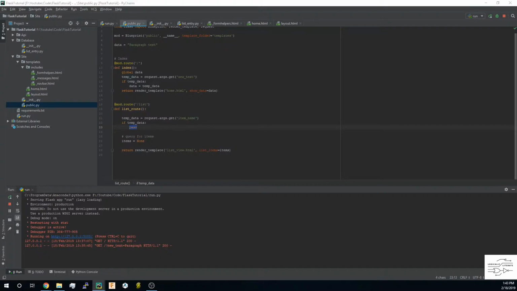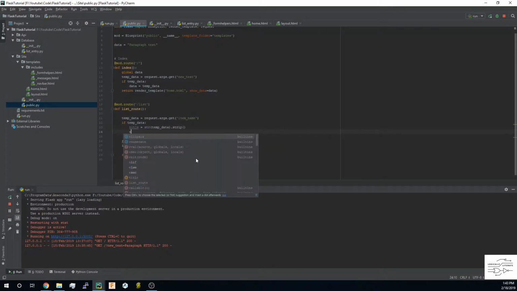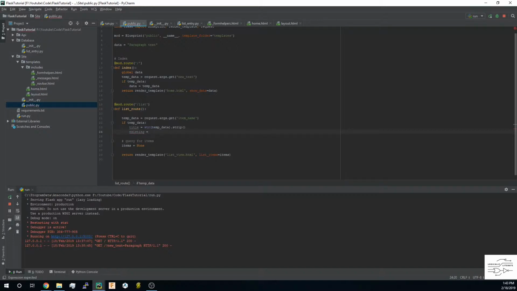So now we want to convert this to a more clean title. So we'll go ahead and cast it to a string, and then we'll want to say .strip, and this will remove white spaces from either side. Next, we'll want to query for any existing